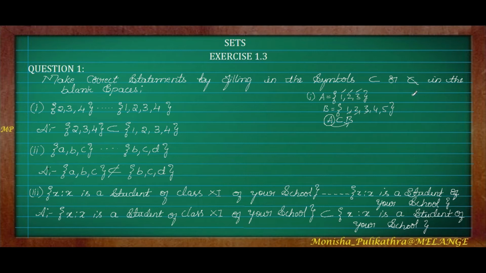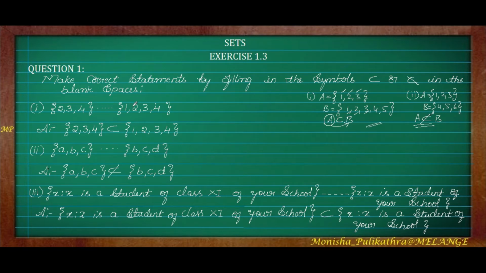I will give you another example. Let us take set A, which is 1, 2, 3 again, whereas in set B I will take 4, 5, 6. So A is equal to 1, 2, 3, whereas B is equal to 4, 5, 6. The elements are not the same, so set A doesn't belong to set B. In this case, we have to write set A is not a subset of B. I hope you understood when you have to use subset and when you have to use not a subset.